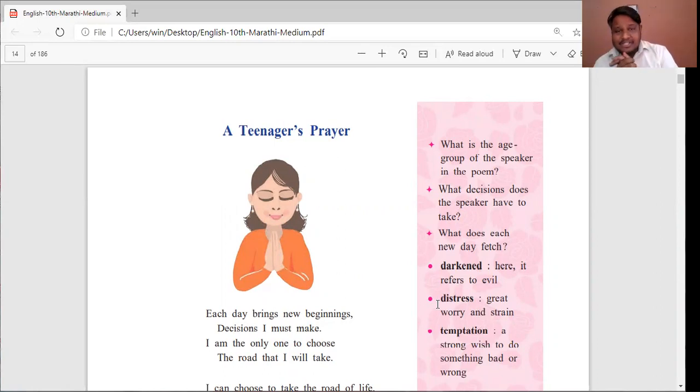So this is the poem, and in this poem a teenager is the poet, and on behalf of all teenagers, the poet prays to God for his life. So how are the thoughts of that poet in this poem? We will see stanza by stanza. First, teenagers means the age group of 13 to 19. This poem is a prayer to God, and the speaker of this poem is a poet, and the poet is a teenager. So the first stanza we have to see,